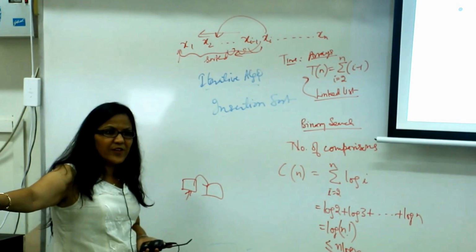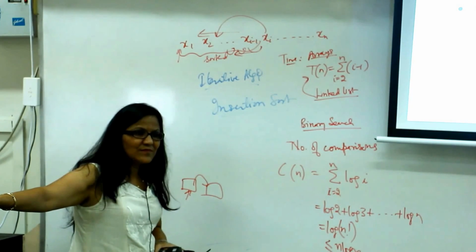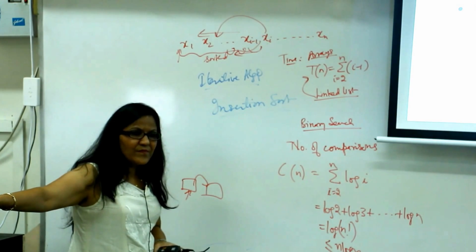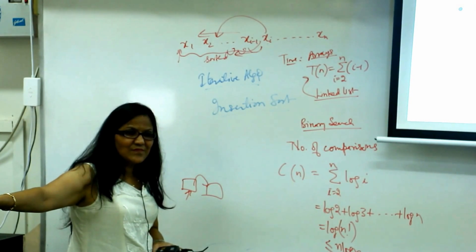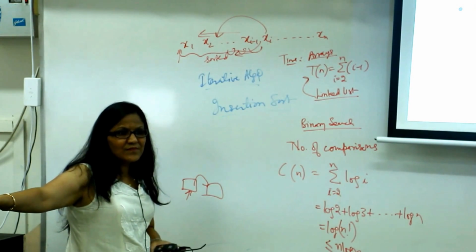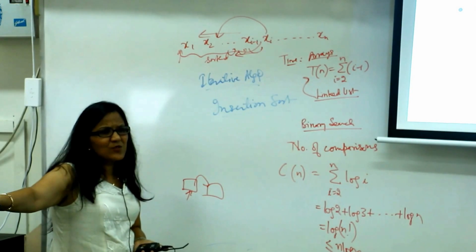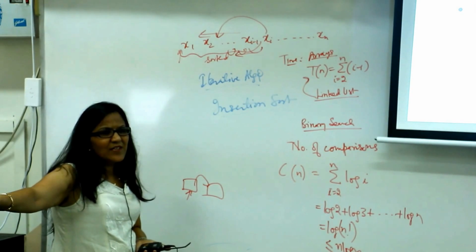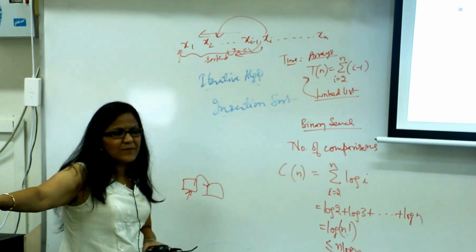But then why don't we use this version of insertion sort? We are always talking of arrays and this and that. Binary search finds a number. In this case, we are trying to insert it. So we need a modification in binary search also so that we can find the position. Binary search normally stops when we find the element, but it can fail also, right? If it fails, then we can insert there.